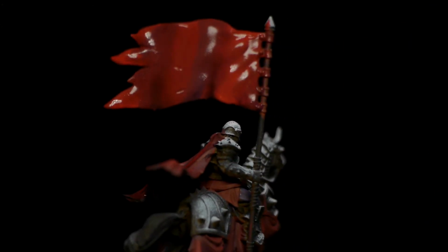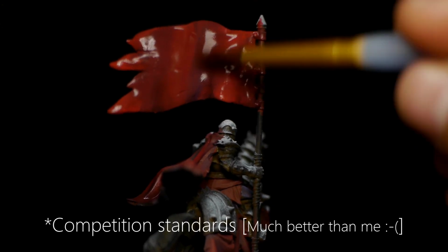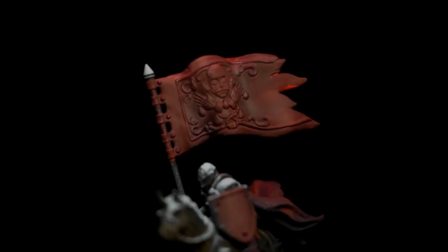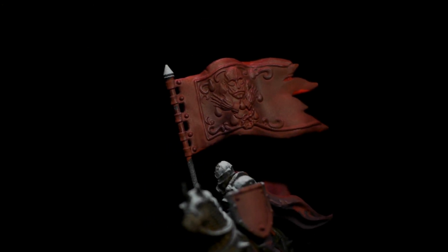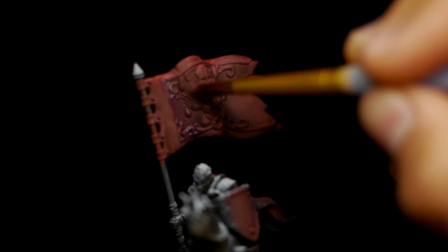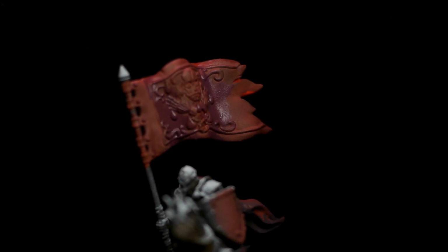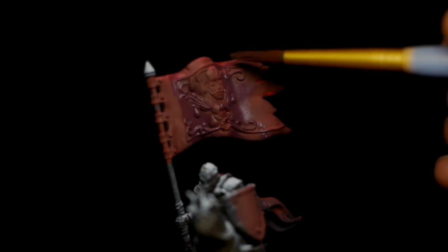The results of this process aren't perfect, and if you want to do far superior blends and have much more contrast, you're going to tournament level standards. That's when you would be putting in a lot more effort and really trying to maximize all those things and create texture, all that stuff. But for a tabletop standard, I find this makes smooth blends. It makes you feel more skilled than you are,